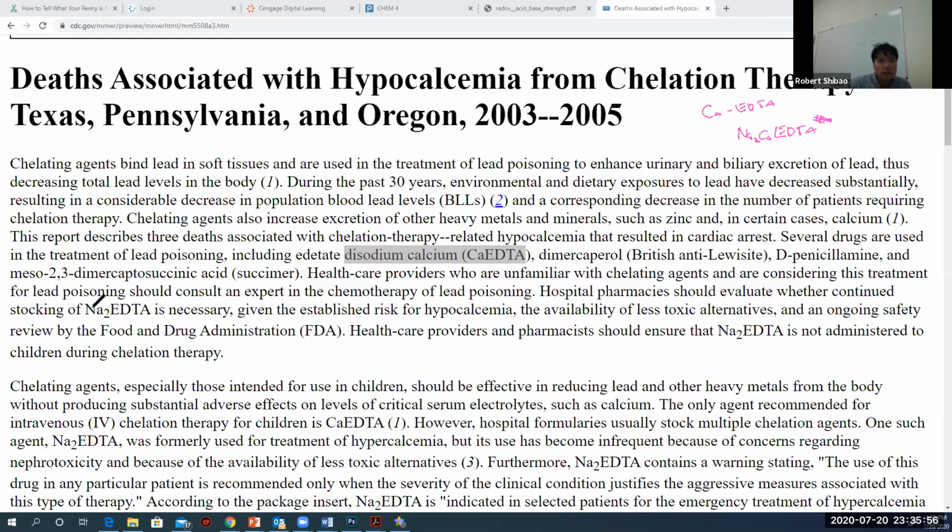Now the other EDTA is sodium EDTA here. Sodium EDTA would have a total of 4 sodiums on there. So it's actually tetrasodium EDTA, but they just call it sodium EDTA for short. And so it's Na2 EDTA, but that's not actually correct because they aren't showing the Na2 that's already on there. And so it's just kind of a weird thing they do. But anyway, this is the chemical therapy for lead poisoning.